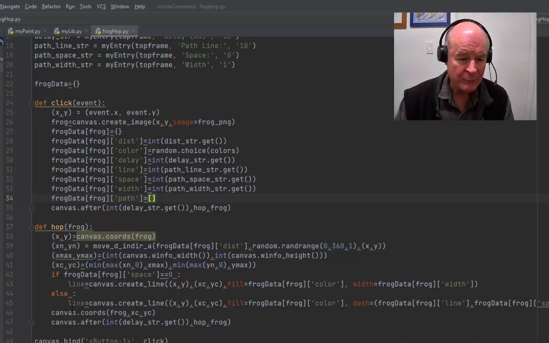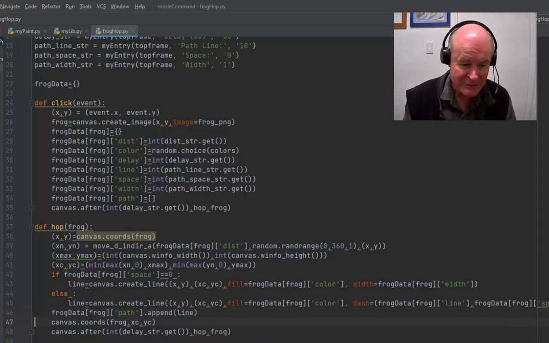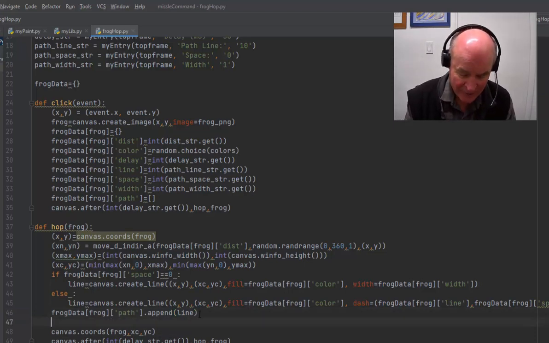Then after we create the line in the hop function, we say frog data of the frog of the path, and append the line to the list. So basically, we create a list up here and then we append each line as we draw it to the path. And the trick now is